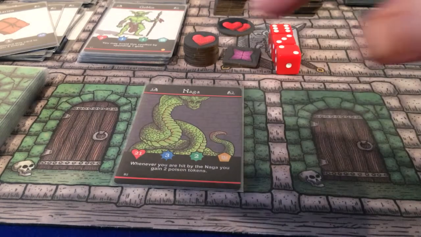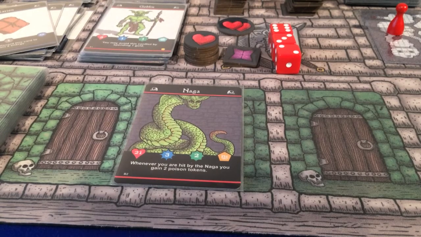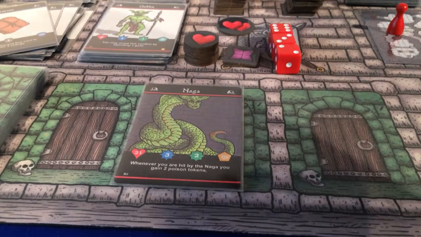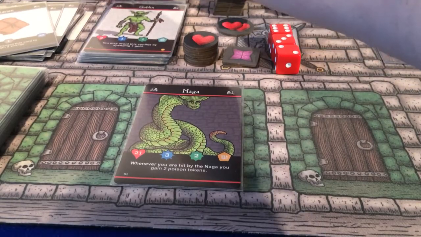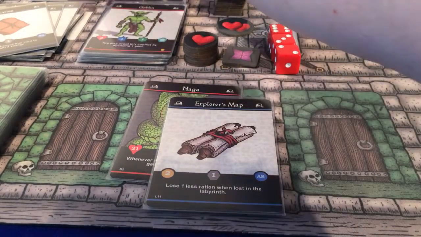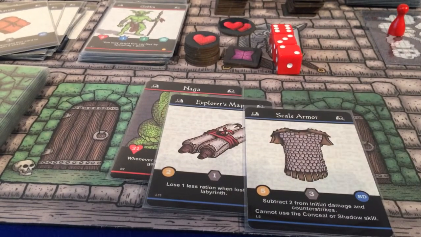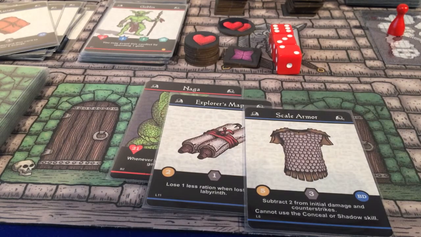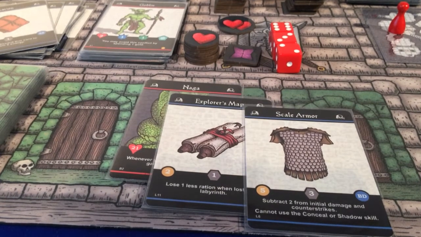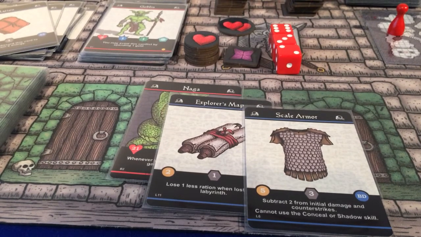He gains 2 treasures. Now, the purpose of the treasures is that this all helps towards his final score. Well done, Sortab. He gains an explorer's map and some scale armor. Now, I think you've got to be able to carry this out of the dungeon. And he's currently carrying